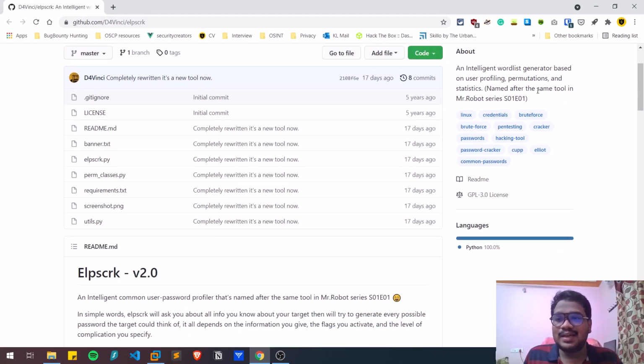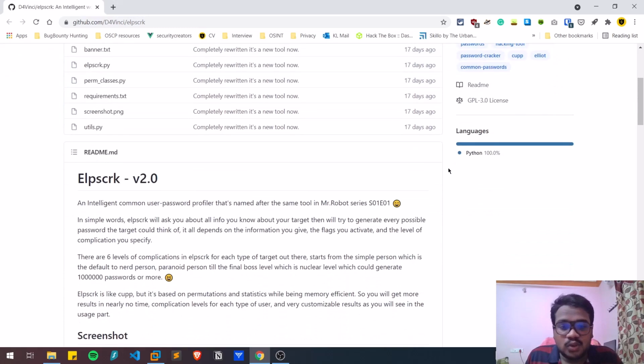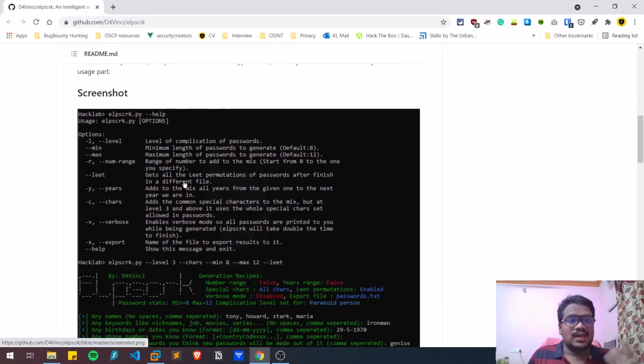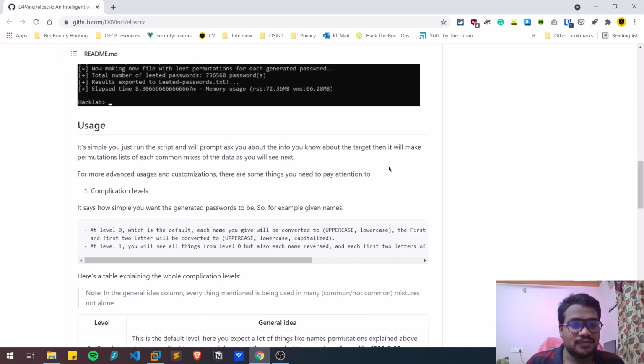You can see it is the tool and it has a lot of options. If you have seen my previous video on how to generate a password word list, I covered a tool called CUPP. It is a normal kind of tool, but this particular tool is really awesome because it features a bunch of options that you can't see in the normal tools. So let me show you. You can see it is going to generate some passwords. That's the basic information, and here you can find some options for this ElpScurt tool.